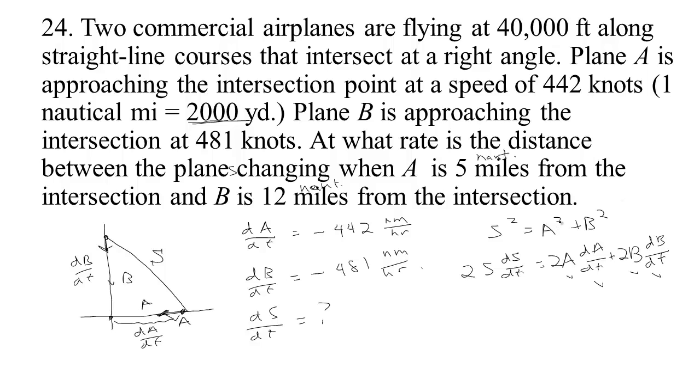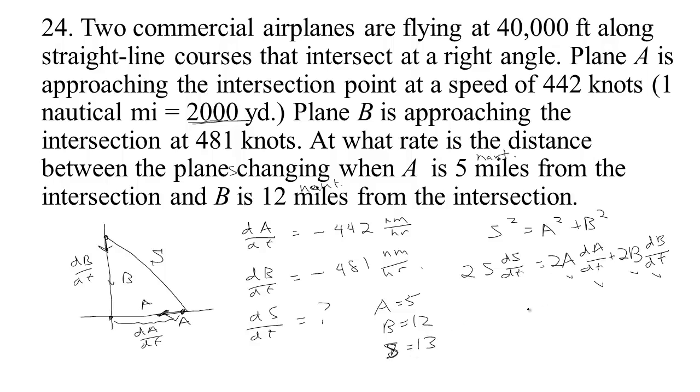In this case, a is 5, so this is 25, and b is 12, so this is 144. 25 plus 144 is 169, and the square root of 169 is 13. So we know that A is 5, B is 12, and therefore S, the distance between the two planes, is